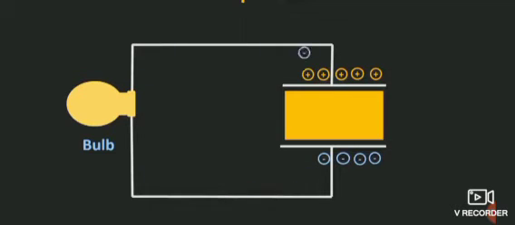Let us see the diagram. So it will neutralize the plates. Whenever the plates become neutralized, it is called discharging. The capacitor is charged. After neutralizing, the bulb will not glow. See the diagram. After neutralizing, the bulb will not glow. So this is the concept of the capacitor.